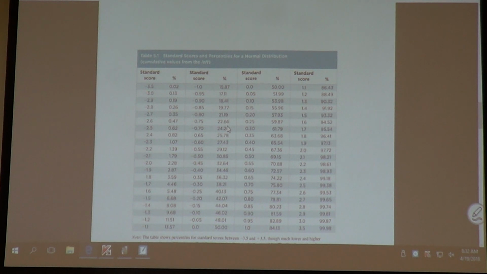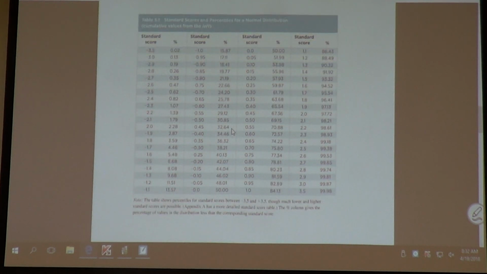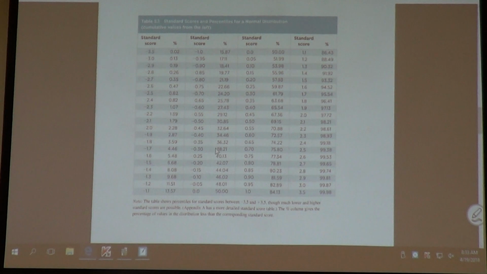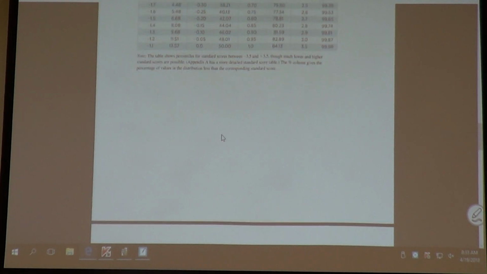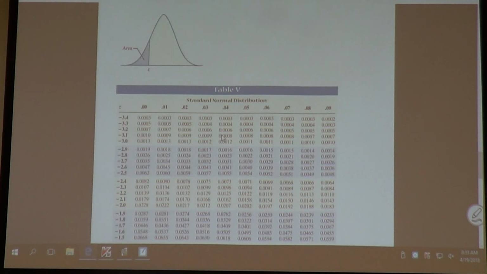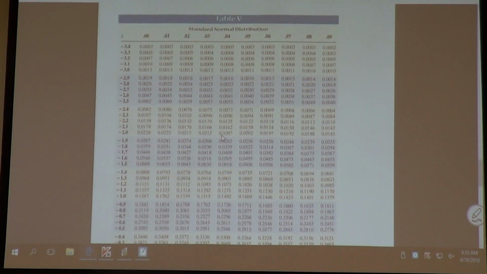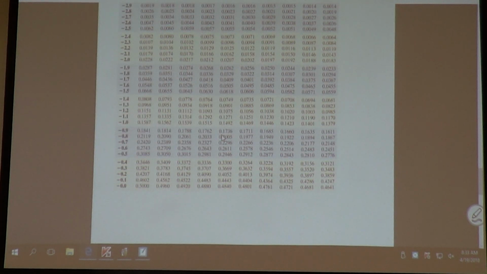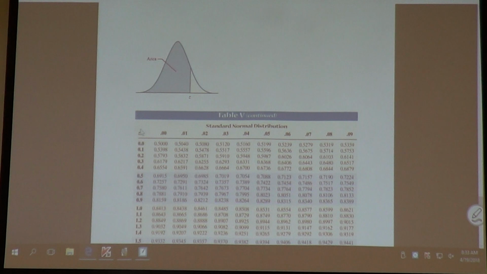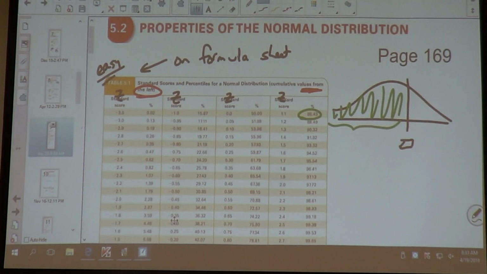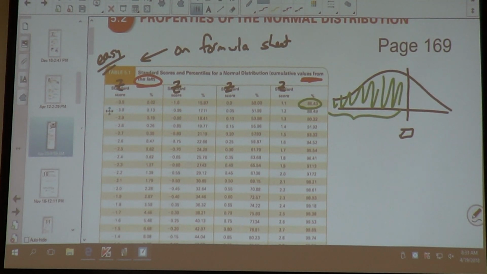it's basically 2 tables, but it looks like 3 tables. This is what I call the easy table because it's on 1 sheet of paper. The last 2 pages are what I call the hard table, only because they put it on 2 pages, because it's a little more detailed. So I'm going to go through and show you what the table is, just so that you kind of understand it. The easy table is,